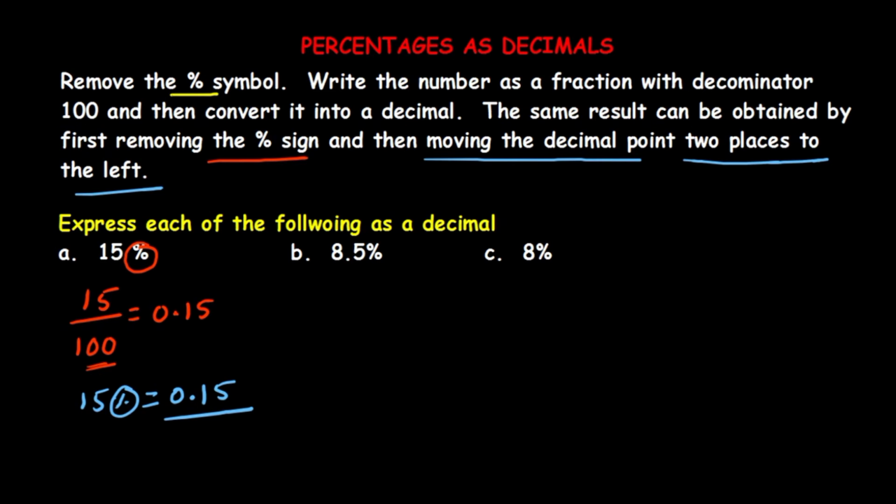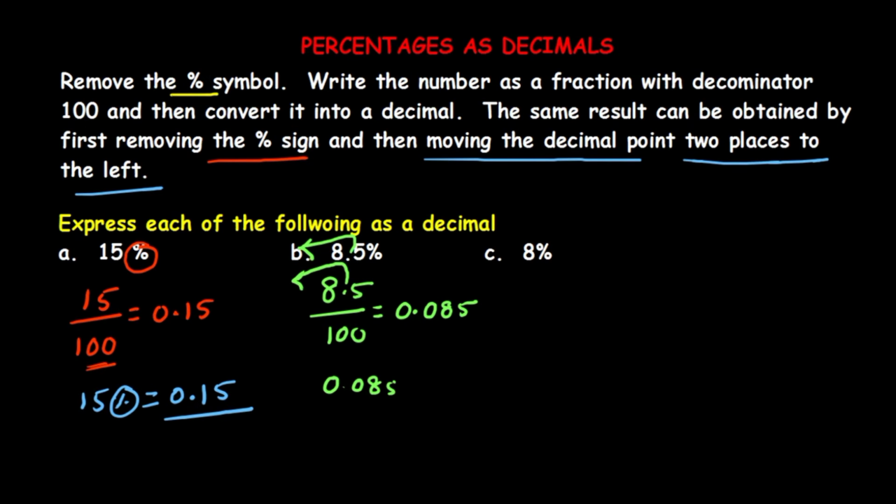So next model is 8.5%. So how to write this 8.5%? Take 8.5 divided by 100. So we have 100 here, so take the decimal point before the 2 digit. That means it should move to the left side. So we have left side only 1 digit, so we need 1 more digit, so we take 0. For that 1 more digit we are taking 1 more 0 and 85. So 0.085 is the answer for this question. And the direct model is without taking here in the denominator, directly this point can move left side 2 places. So then you will get direct answer 0.085.